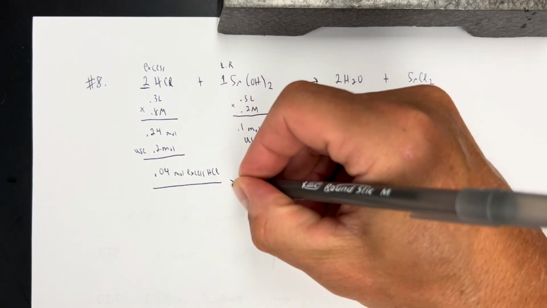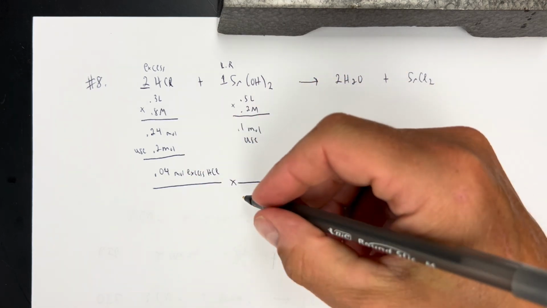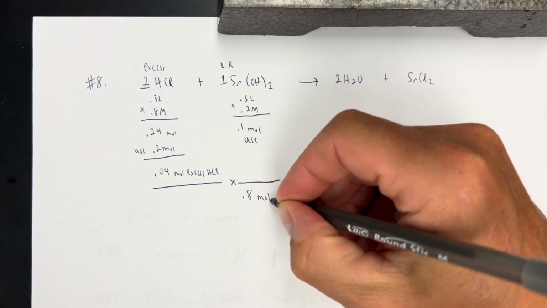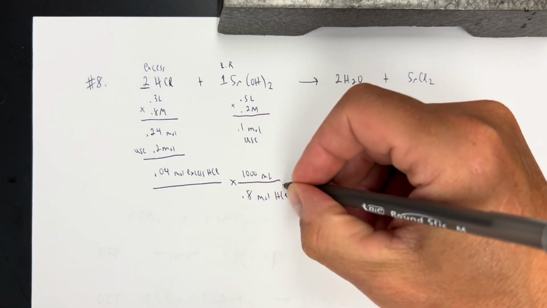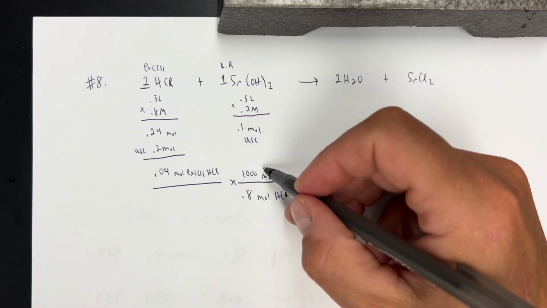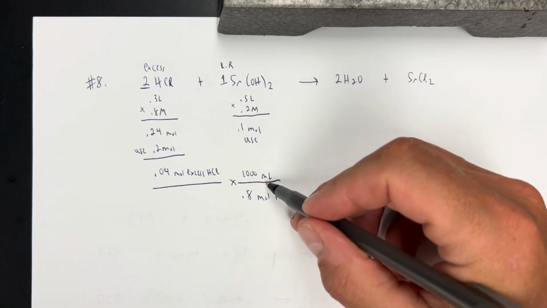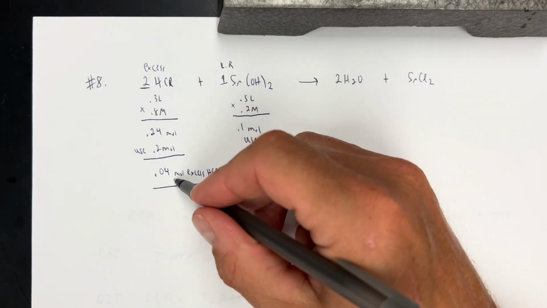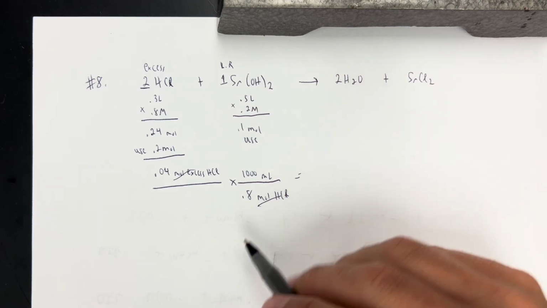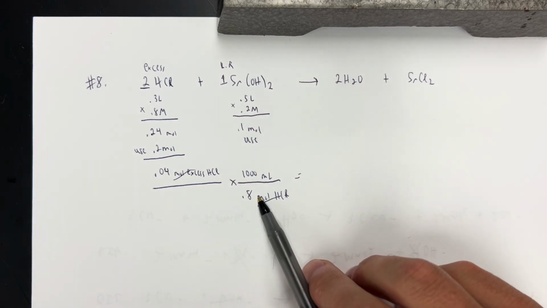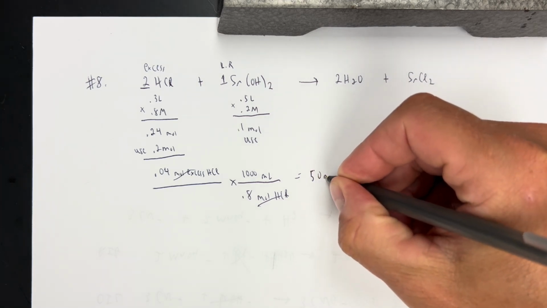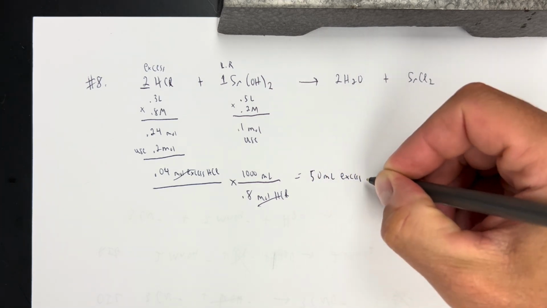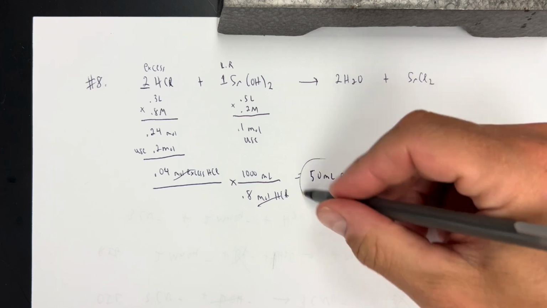Now we can use our molarity to get that. It's 0.8 molar. So we can say there's 0.8 moles of HCl per liter or per 1,000 milliliters of HCl. Again, this is just your molarity written upside down, so your labels will cancel. So 0.04 times 1,000 divided by 0.8 is 50 milliliters of excess HCl solution that would not be used because